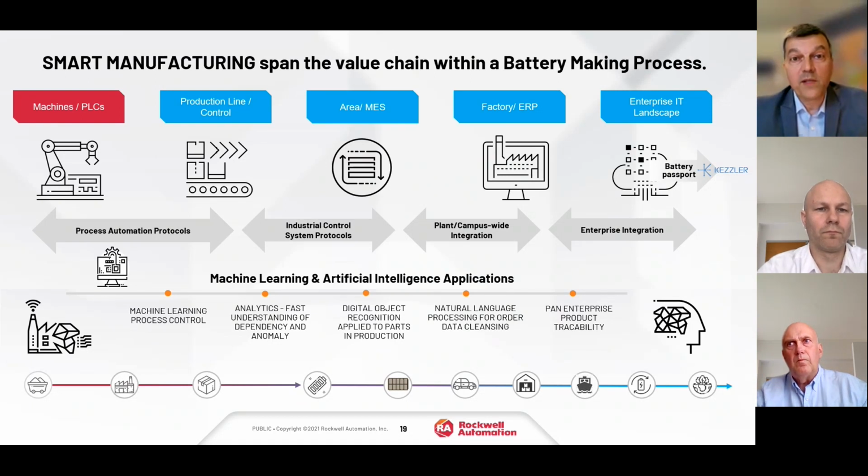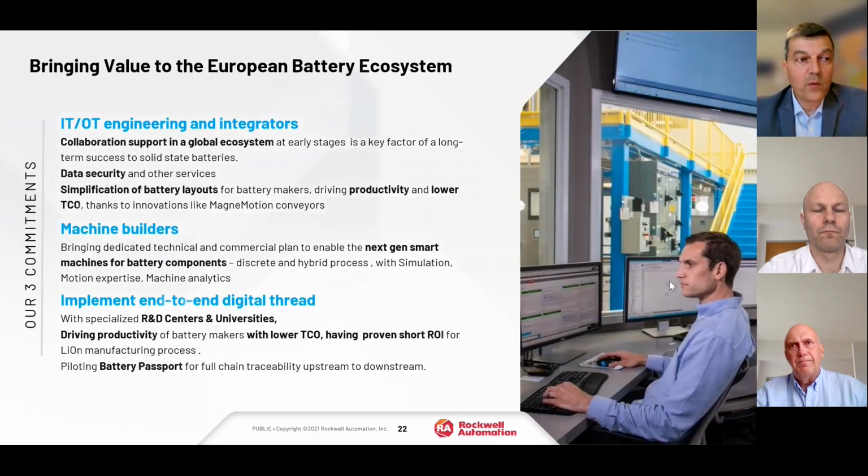And also working with universities. I was at Chalmers University with Torbjörn and the PTC Microsoft teams last month. These are also places where we need to educate, we need to explain what we can offer and work hand in hand. Europe is really catching up on battery science. It's quite impressive, but there is so much to be done that this is where we need, I would say, to bring this valuable ecosystem all together